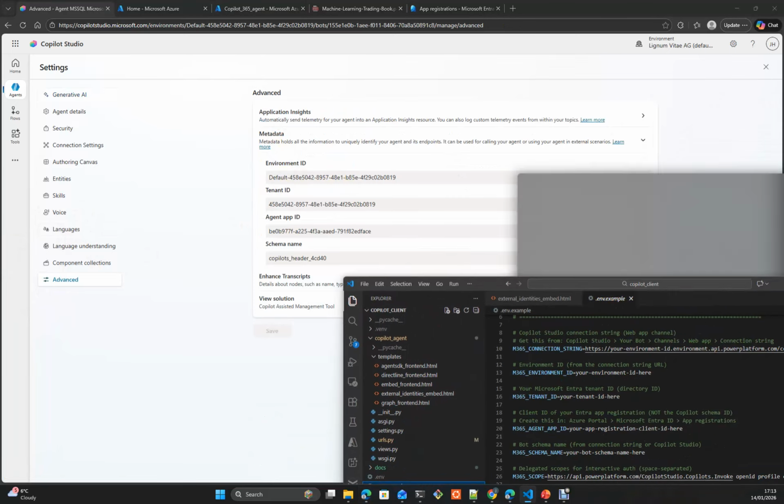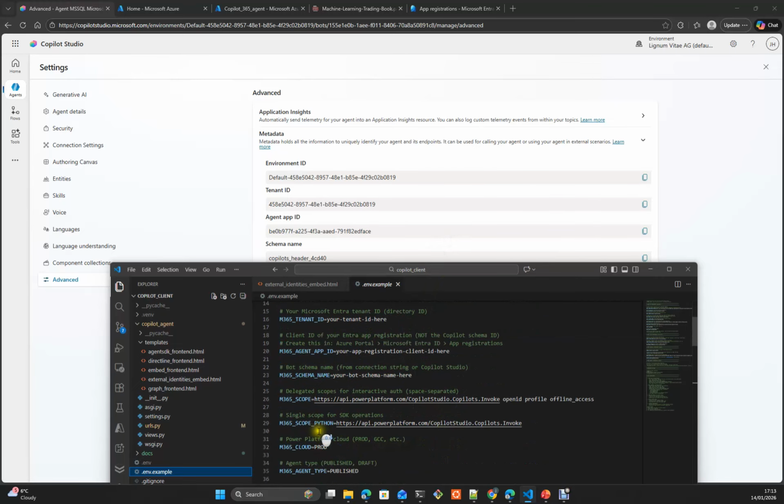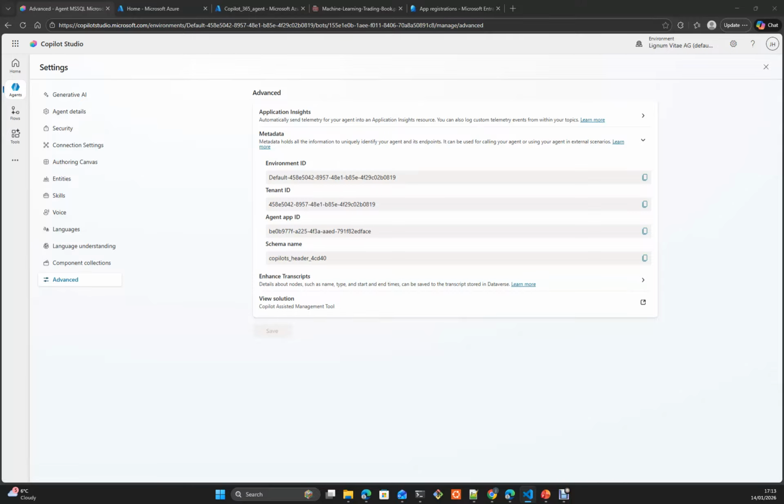Environment ID, tenant, agent, and schema. Connection stream, from where I show you the scopes. This is only you use the Python screen, cloud production, and type of agent published. Okay. So now in the application,